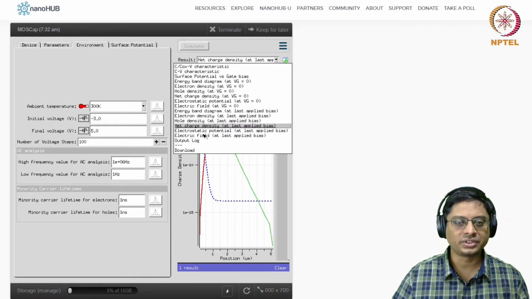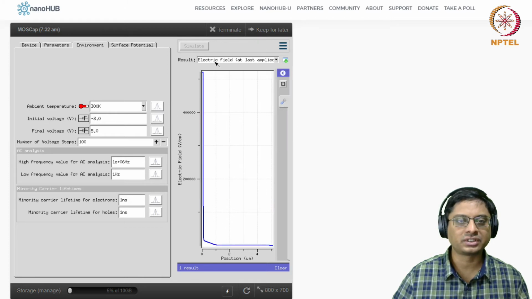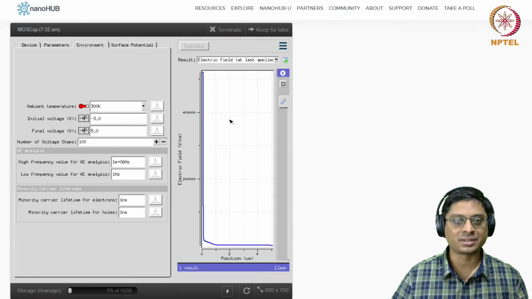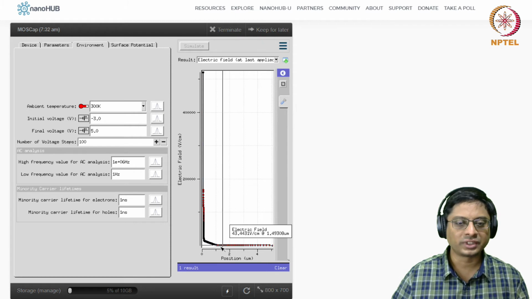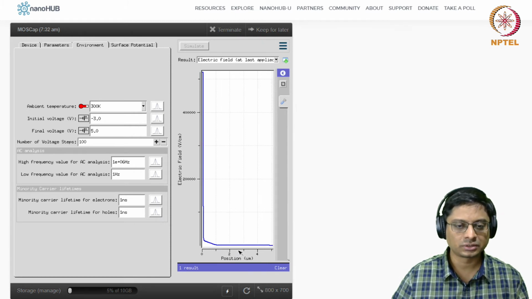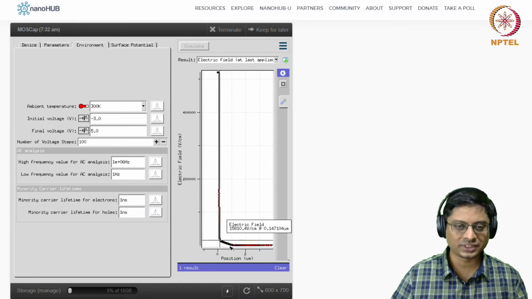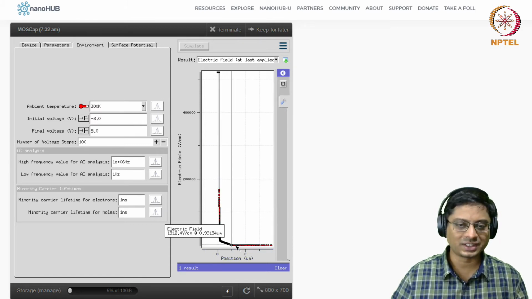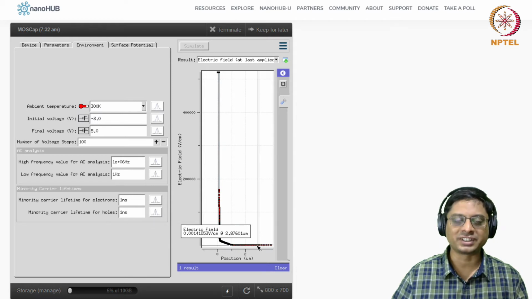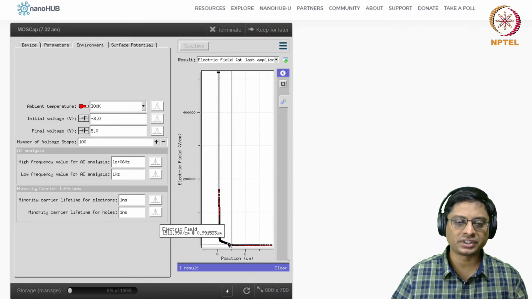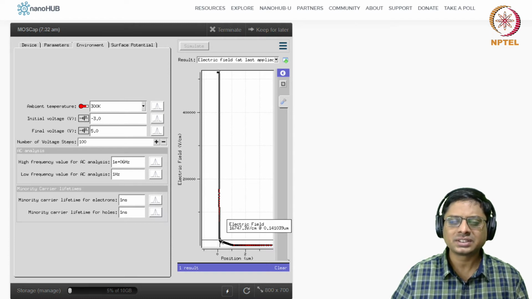So in this fashion, you could study the electrostatic potential. And the electric field at the last applied gate bias. This is interesting. So this is your linear part of this curve, right? You should check this out, okay? Here the electric field is 0 in the bulk of the semiconductor. As you go, there's a depletion region, so there's a linear change, something around 16,000 volts per centimeter.